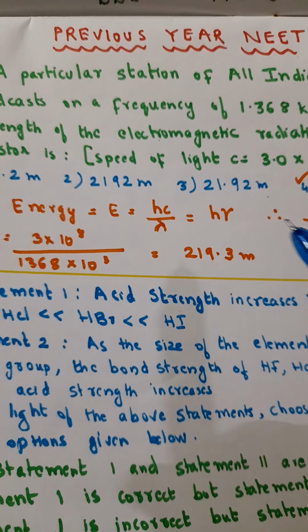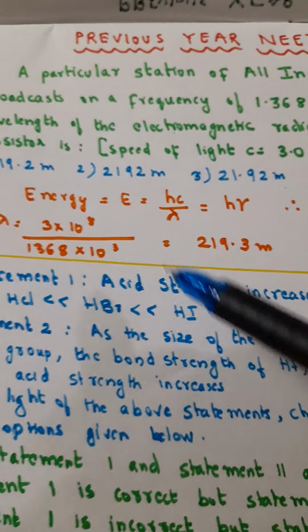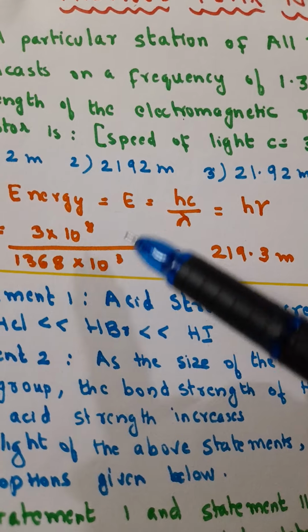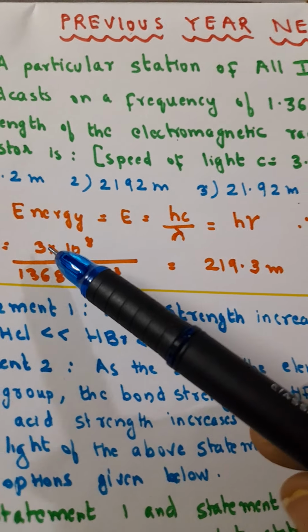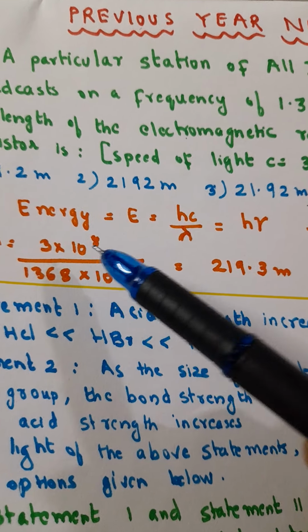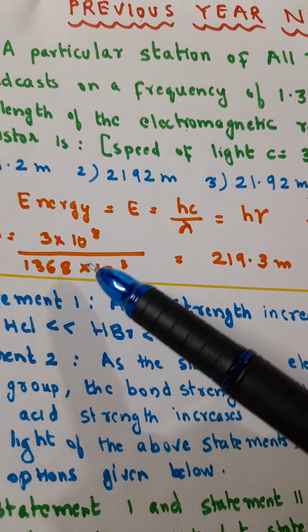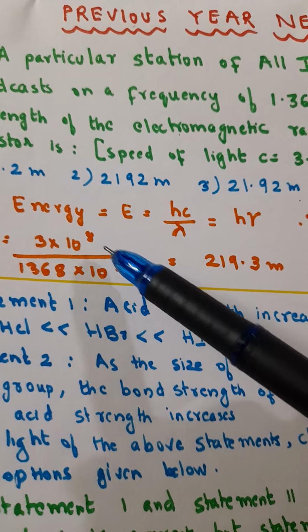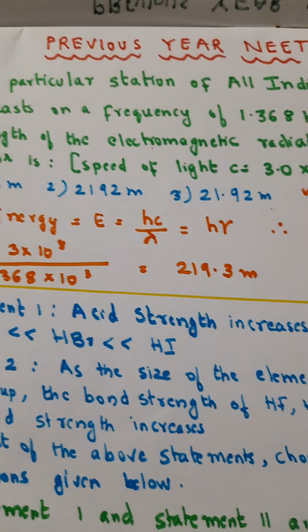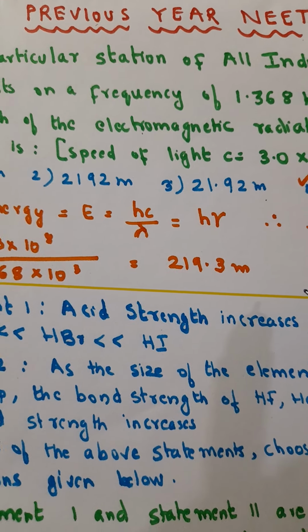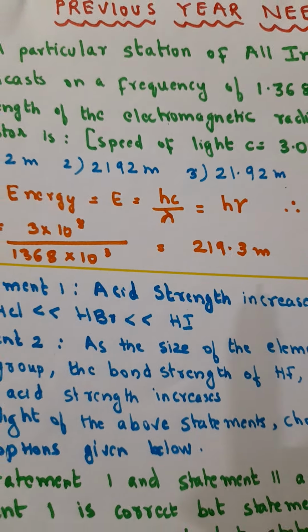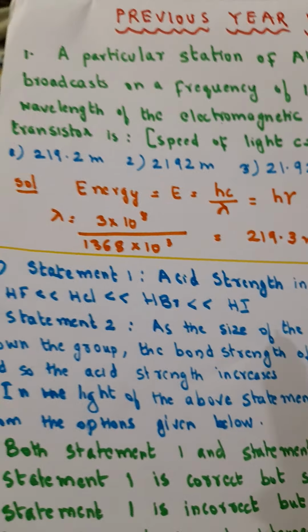So you have to work out the calculations quickly. So better you can do this part 10 raised to 8 and 10 raised to 3, those part you can solve first, and or just you take like 3 and 5 zeros, because denominator it is a 4-digit number. So then you work it out and then solve for the 10 raised to part, and the answer is 219.3. I will do the calculations in some other session for you. Okay, today we will move on to the next question.